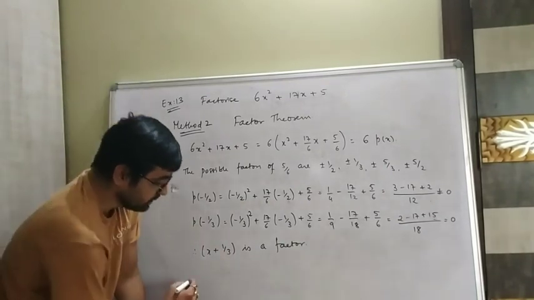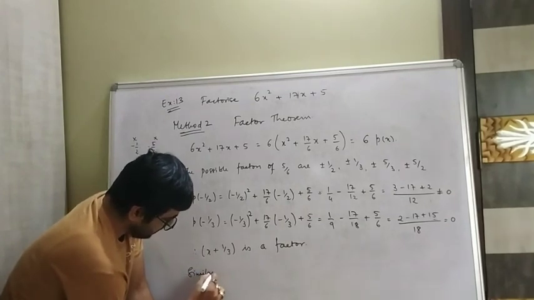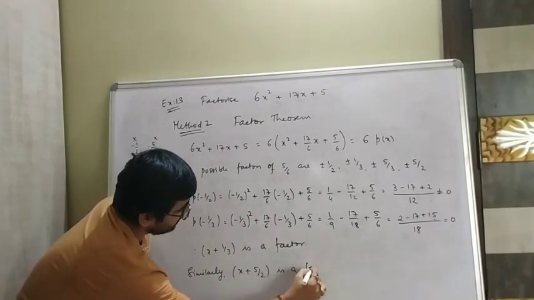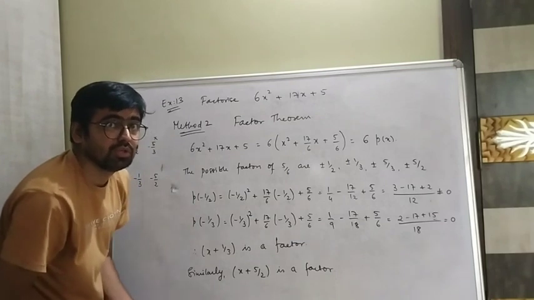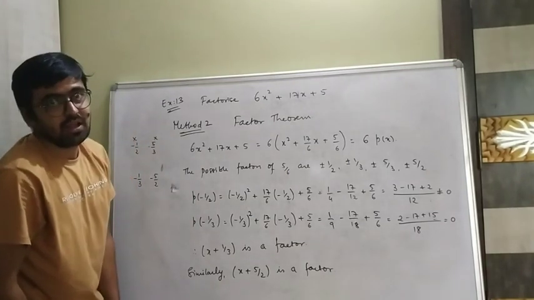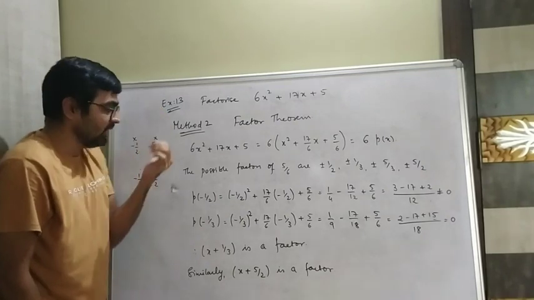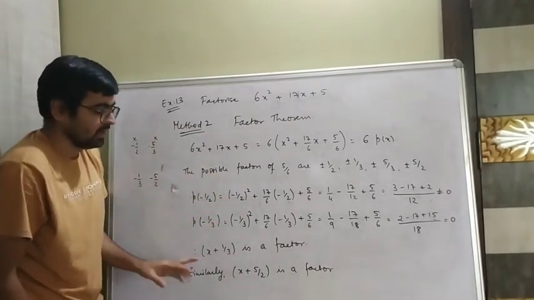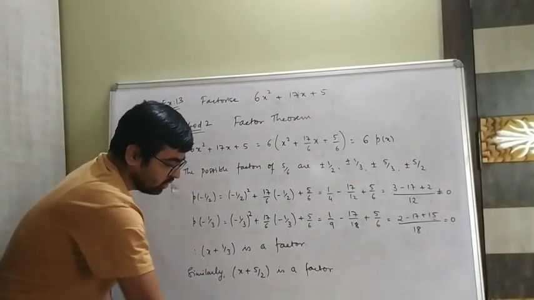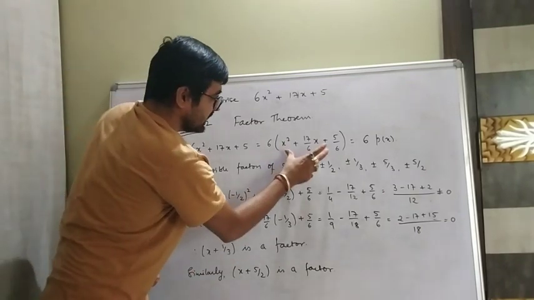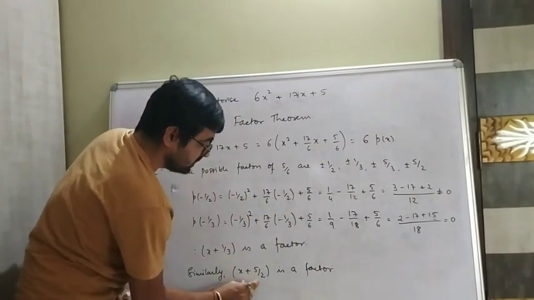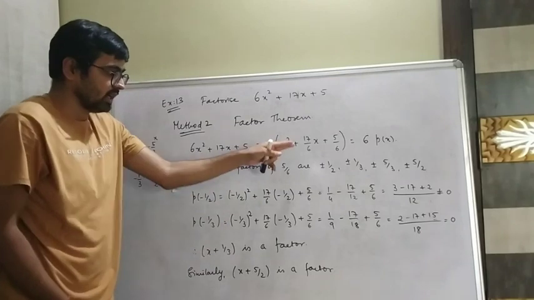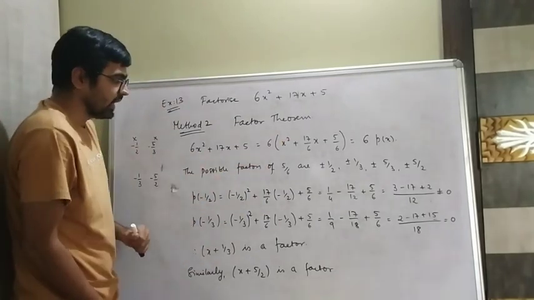So similarly, I can say x plus 5 by 2 is a factor. What you people are supposed to do is go by trial. But in trial, use your brain and think like this. This will help you to do your trial method in an easy way. So I got these two factors, simple. So what I can do is replace this value with this into this, because both of them are factors. So please pause the video, note it down so that I can solve it further. Simple, do that.